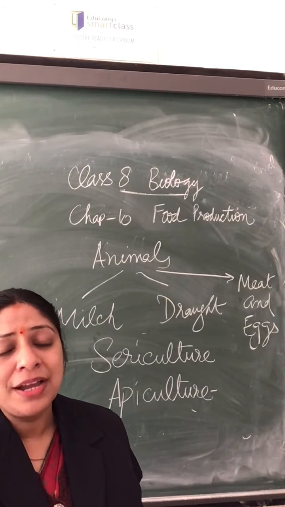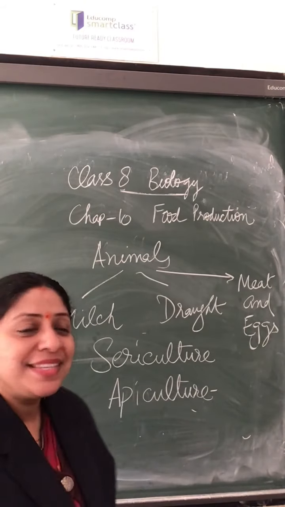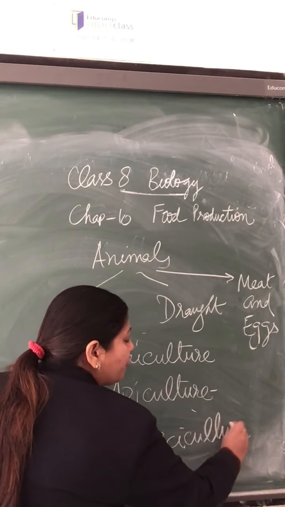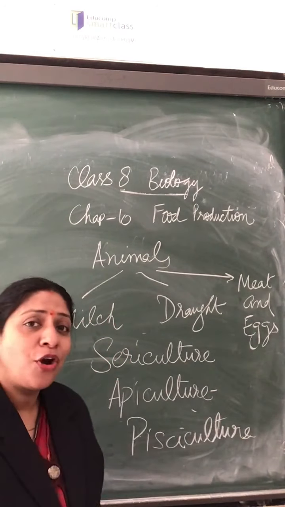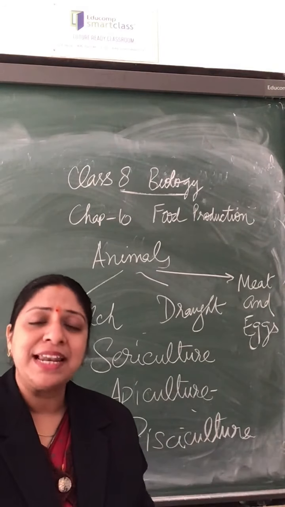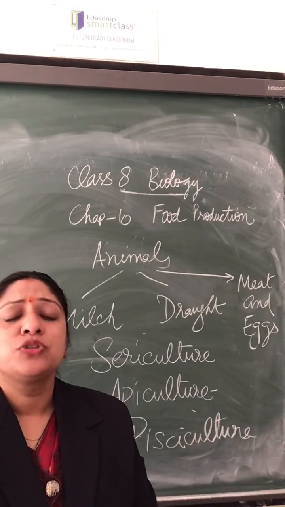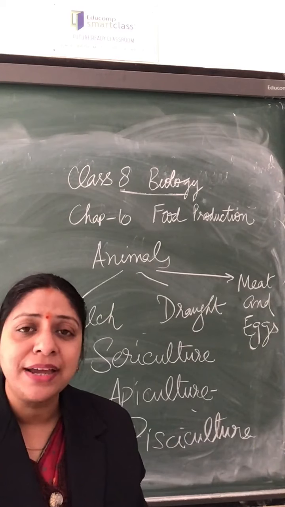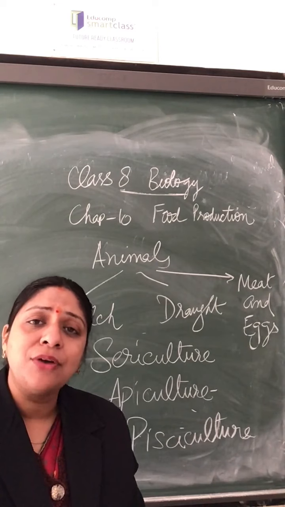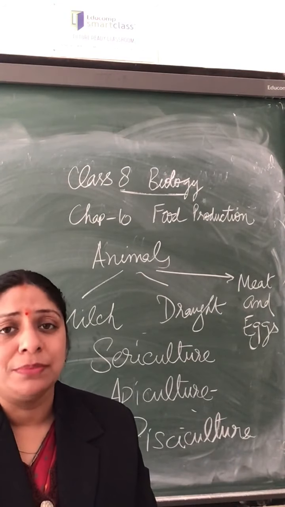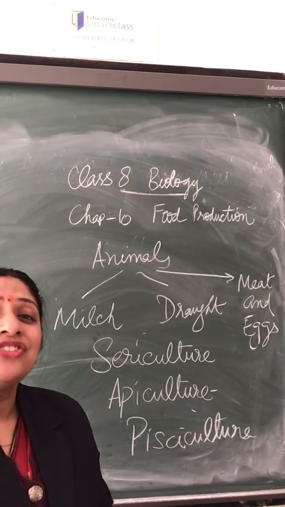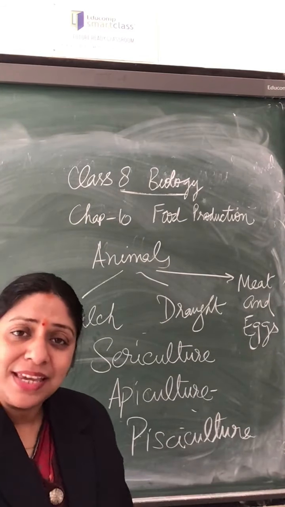The last topic to start with is pisciculture. Pisciculture is also a type of agriculture, but here we are not growing the fishes, we are rearing them. In some selected ponds, some fish spawn will be put, they will grow in size, and when they mature, they will all be harvested, taken out, and then sent out to the markets for sale. And therefore, this rearing of fish on a larger scale is considered pisciculture.